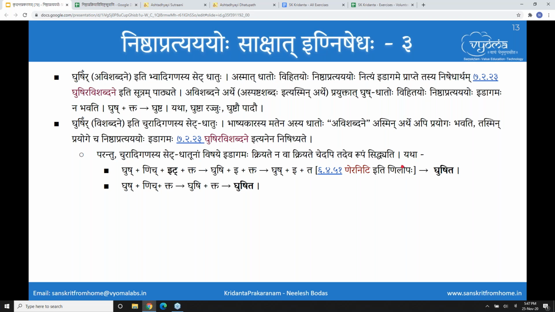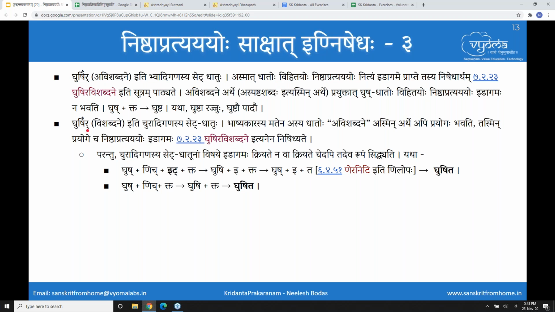Therefore, what is the reason for the Bhashyakara to explicitly say that idagama is being blocked for avishabdane and idagama is being given for vishabdane? Let me repeat this for one last time. Understand, the question is very crucial to understand. All that we are caring about is why Bhashyakara puts so much stress on avishabdane versus vishabdane for the 10th